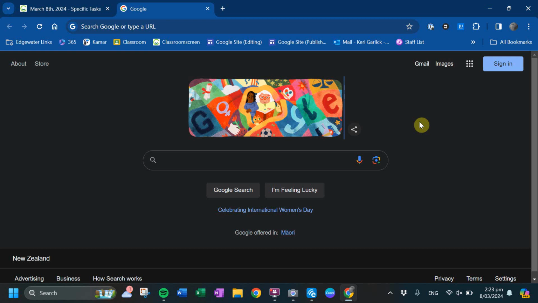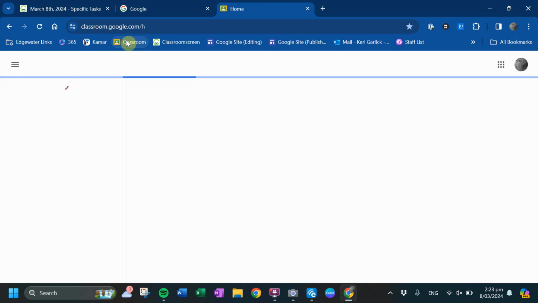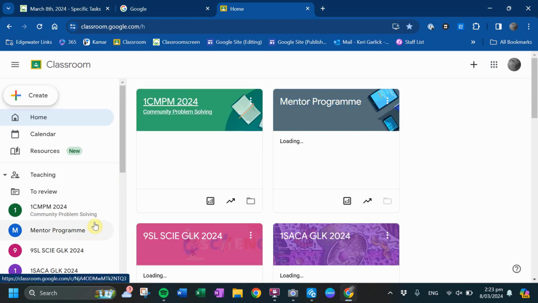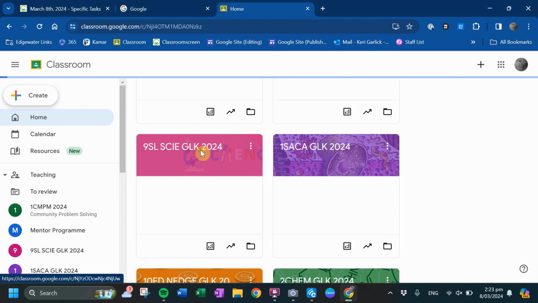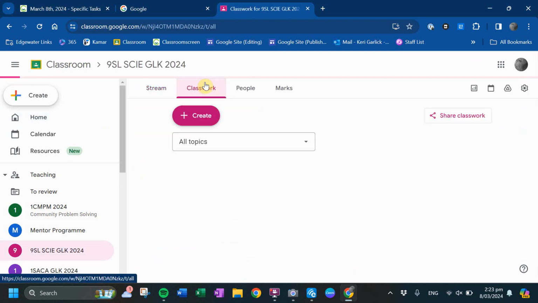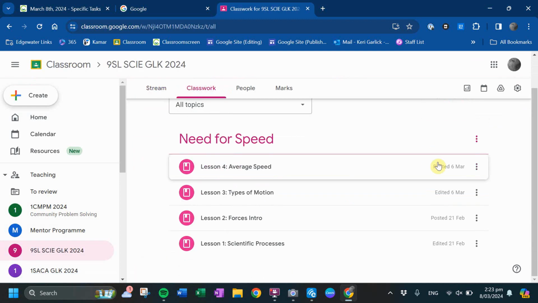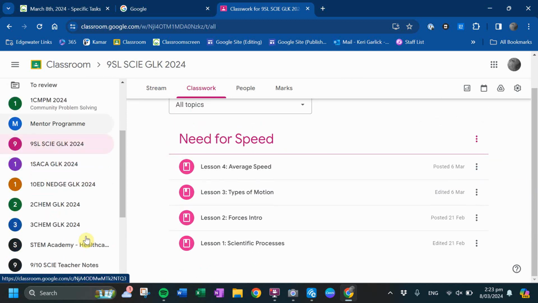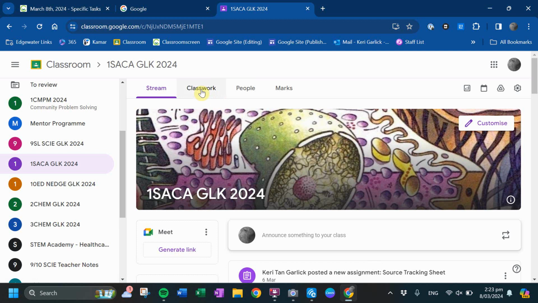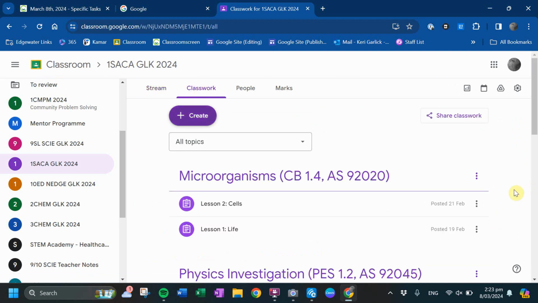Okay. All right. So for this assessment, I want to start off. All right. Here we go. So I want to start off by explaining why I wanted you guys to look at all the different cell types. This is Need for Speed. I don't want, where's the, oh, this is my year 9 class. Duh. That makes more sense. I was like, there's so much more stuff here. All right. So,